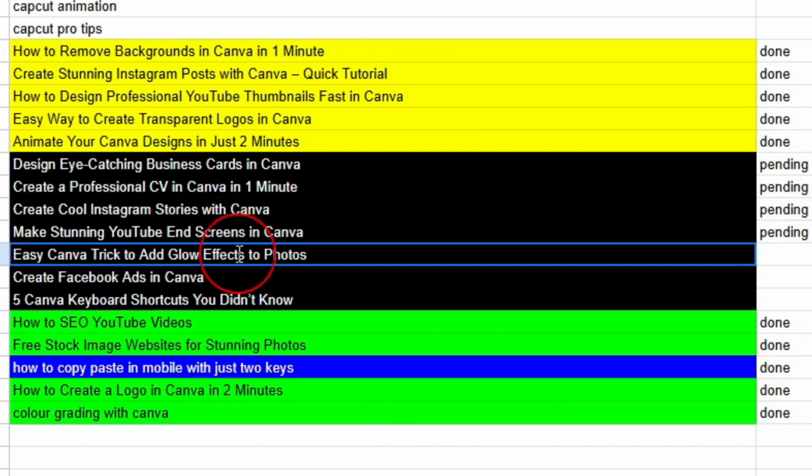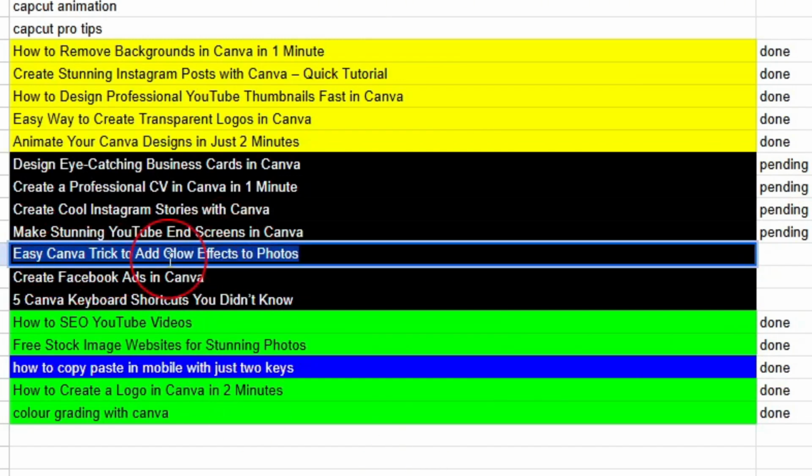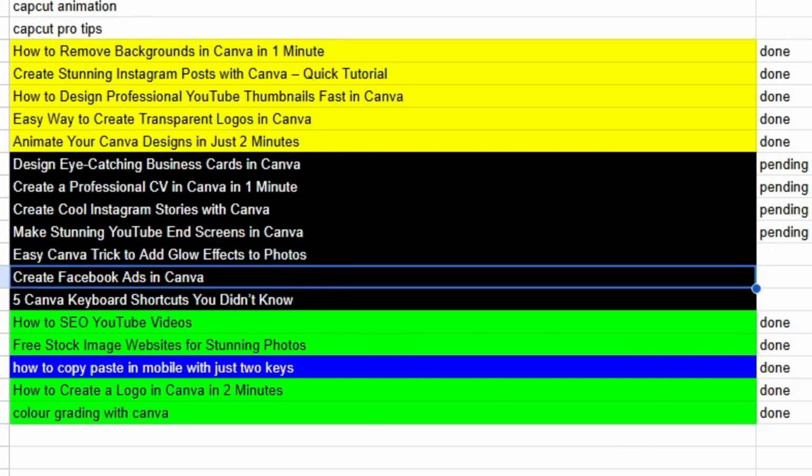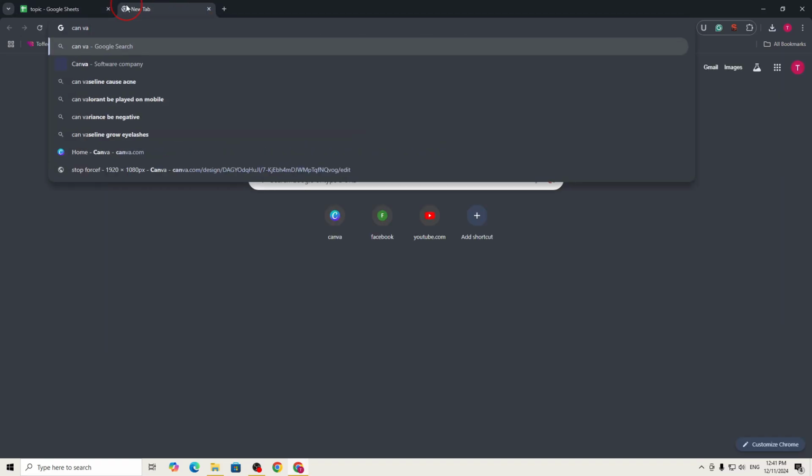Hello everyone, welcome back to another video, and in this video I will show you an easy Canva trick to add glow effects in photos. So let me go to canva.com first